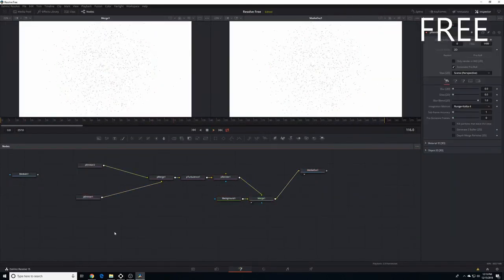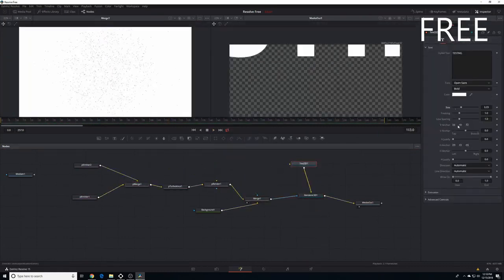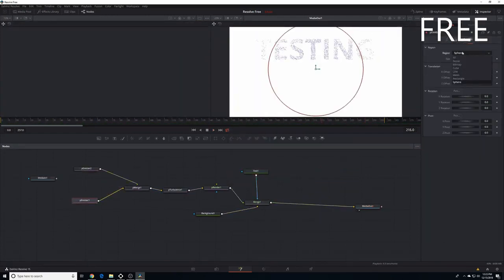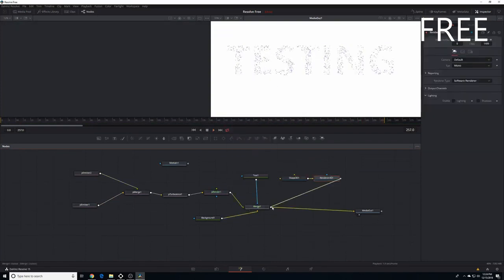Then I assumed that DaVinci Fusion, or the new Fusion integration into DaVinci, wouldn't work. So I created some particles. Sure enough, they pop up just fine. And then I thought, well, what about on a 3D plane? So here we are with them masked by text. And now to get into the 3D work, I decided, well, I'll just create a simple